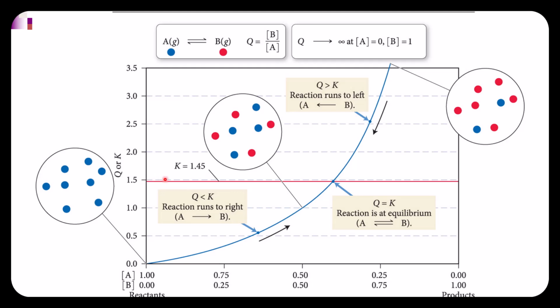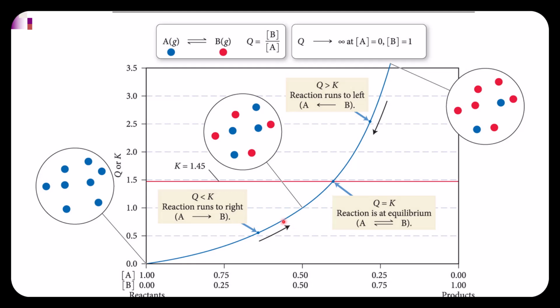Number one, this red line right here is our equilibrium constant K for this reaction. We don't always know the target, but in this case we do. The target is the red line. This is K. This blue line is going to represent where our reaction is. So down here is before we get to equilibrium. Up here is past equilibrium. So we're going to use this graphic to help us understand the relationship between